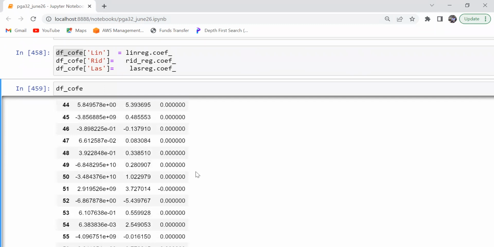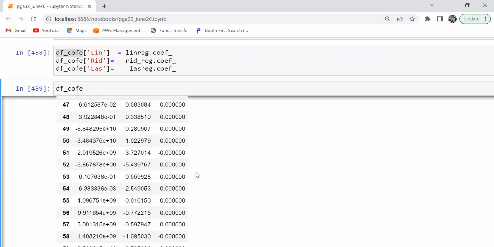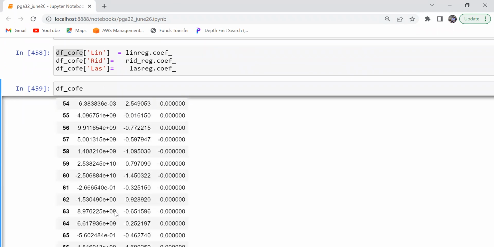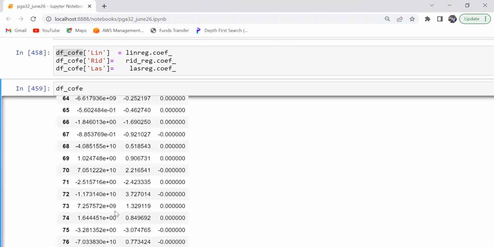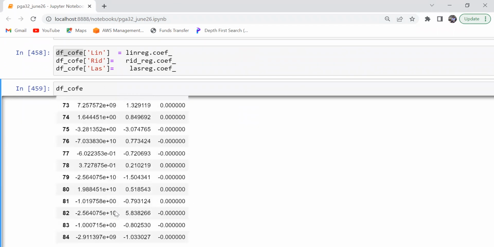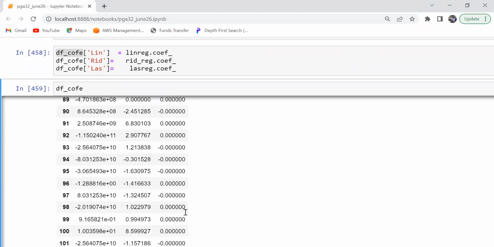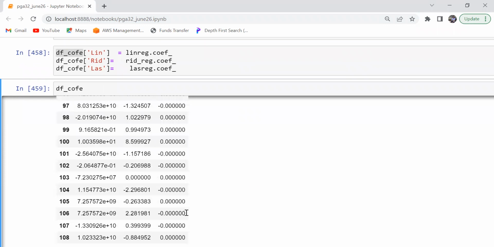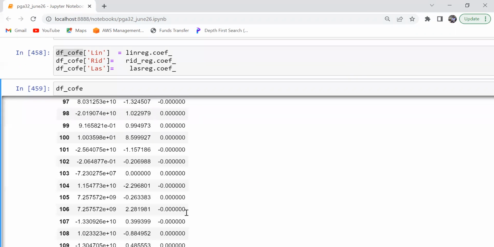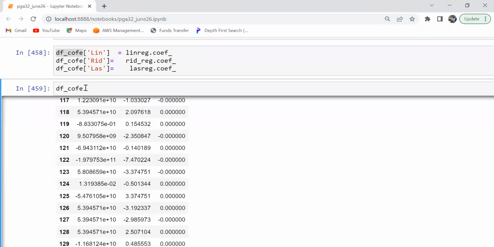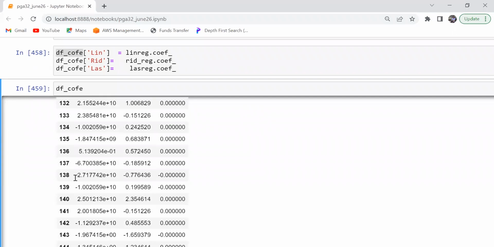Compare these numbers just for an example. So it is plus 10. So 10 crore, this is almost your 100 crore. And in front of that, the numbers that have come in ridge and lasso are almost negligible. Can you notice? Let me do one thing. Let me say this. I just want to find how many beta values.